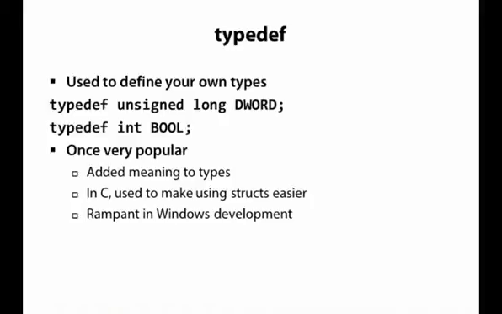Now, you might ask why, after 20 years, you can still find applications that have the all caps bool in them. Sometimes people don't want to fix code that's not really broken. And other times people went in to fix it and found out, because the compiler just treated them as ints, some of those functions return values other than 0 and 1, and I don't want to get in there trying to fix it up. We'll just leave it alone and have it return this all caps bool. So you will still meet it, especially if you're writing Windows programs. Now, one place I still use typedefs to this day is in function pointers, which we'll talk about shortly.